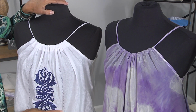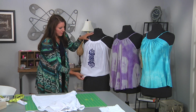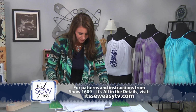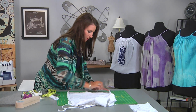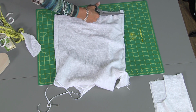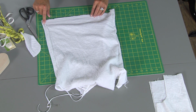Here's my decorative stitching. Now, these two do not have elastic at the bottom, and this one does. Very cute look, so let me show you how to do that. So on the bottom here, I did not cut this very straight, so I'm just going to give that a little evening out here. Perfect, like it never happened, right? I run this through the serger,